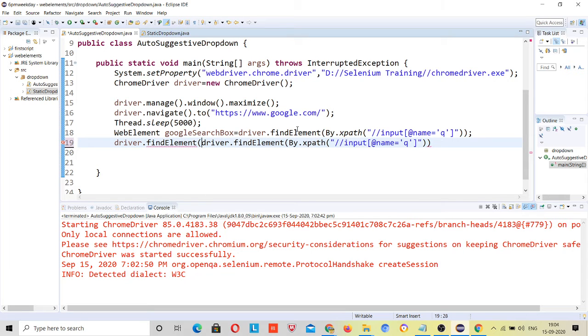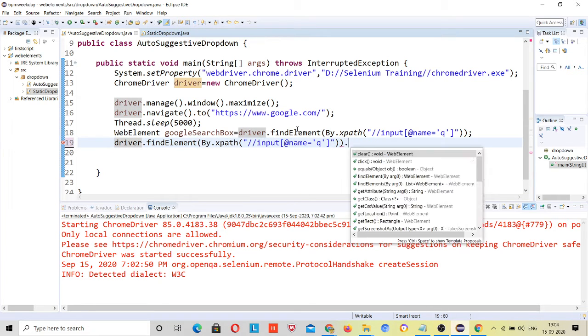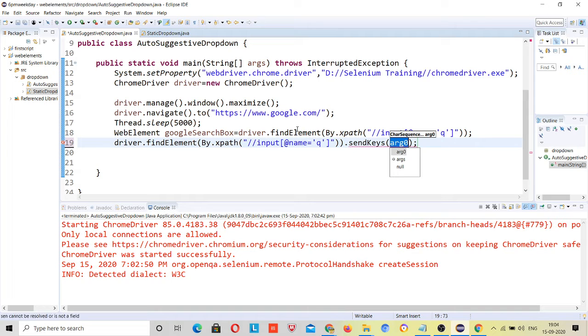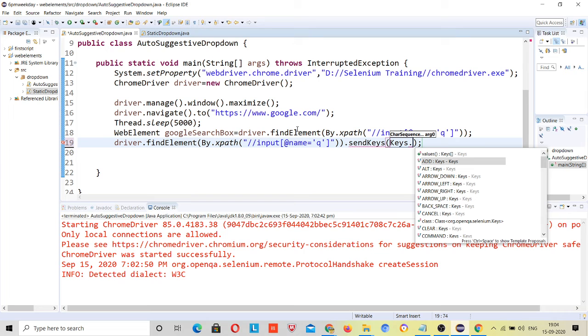Driver.find element, then dot send keys dot down.